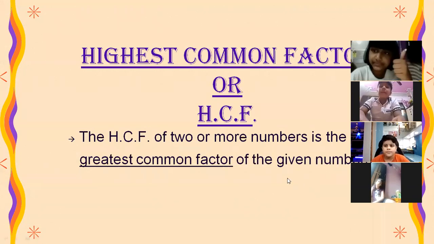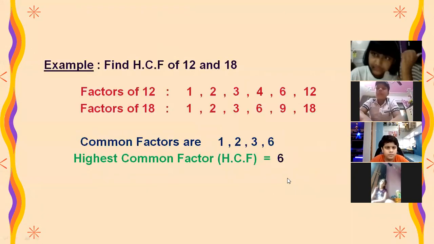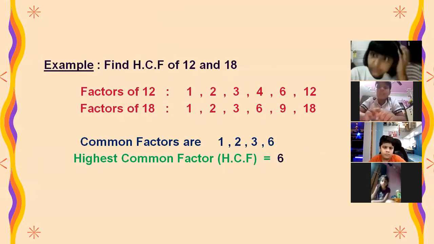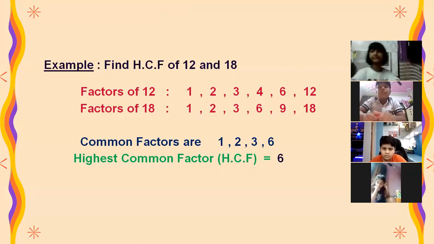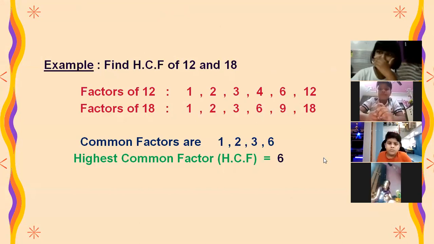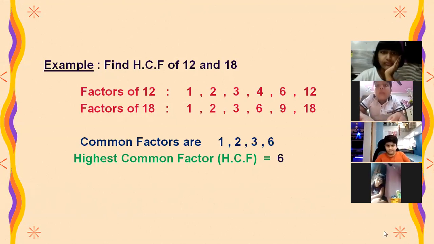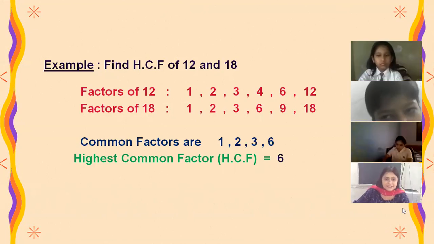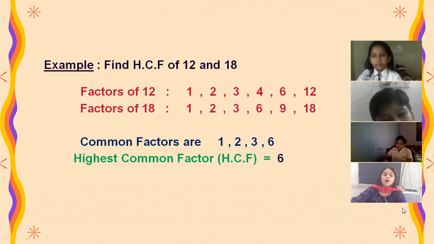Good. So now, how we are going to find out the answers? With the help of this example we are going to solve. Okay, beta. So here, suppose in a given example, we have to find out HCF of two numbers. Again, two numbers are given. Which two numbers are given here? 12 and 18. Two numbers are given. So here, how are we going to find out?